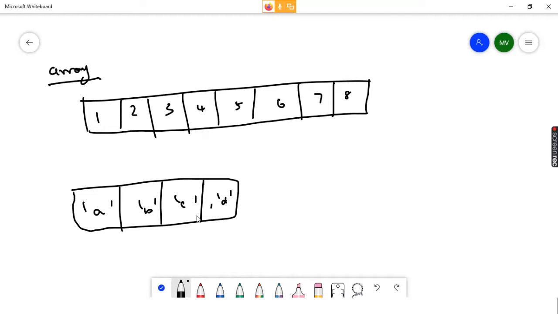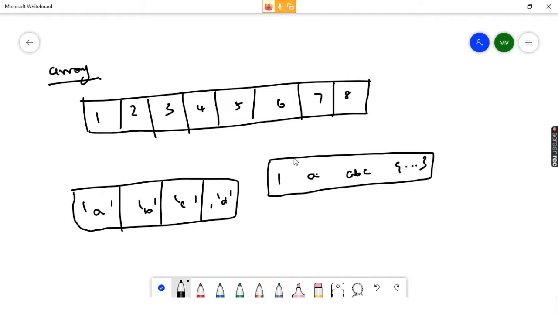So this is array. We can store a similar data type or different kinds of data types. Even some programming languages give extra features, like we can store A, B, C, and we can store objects in an array.